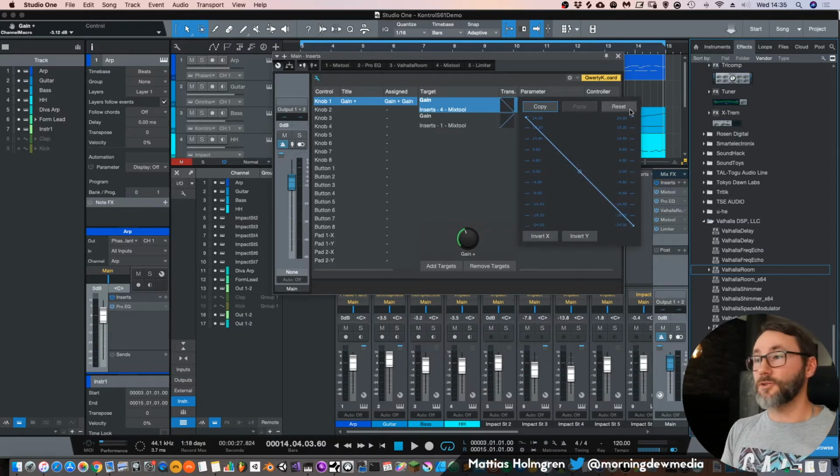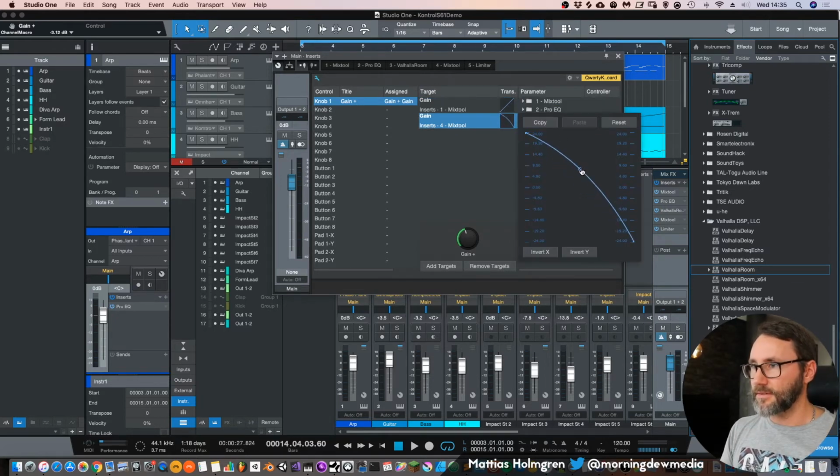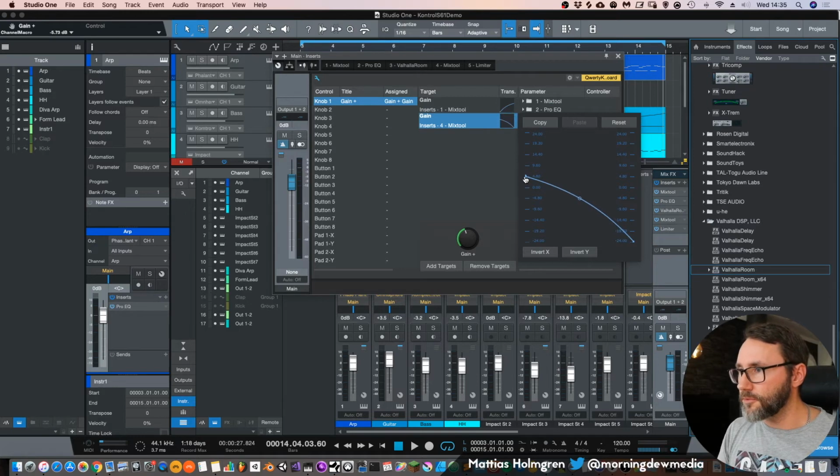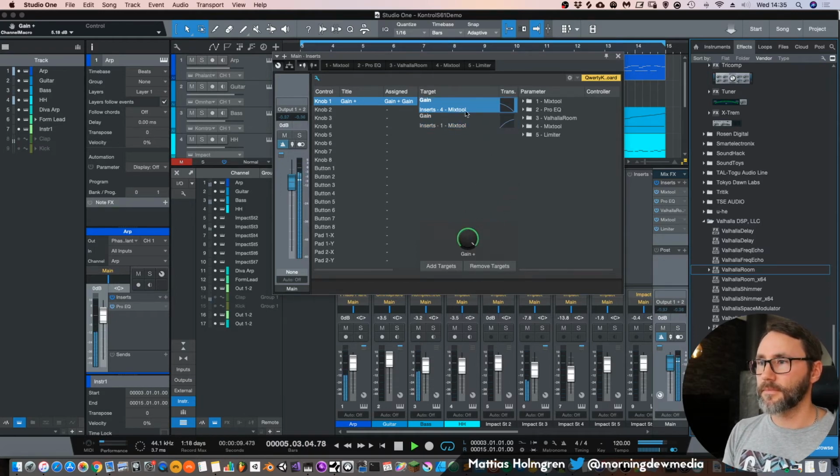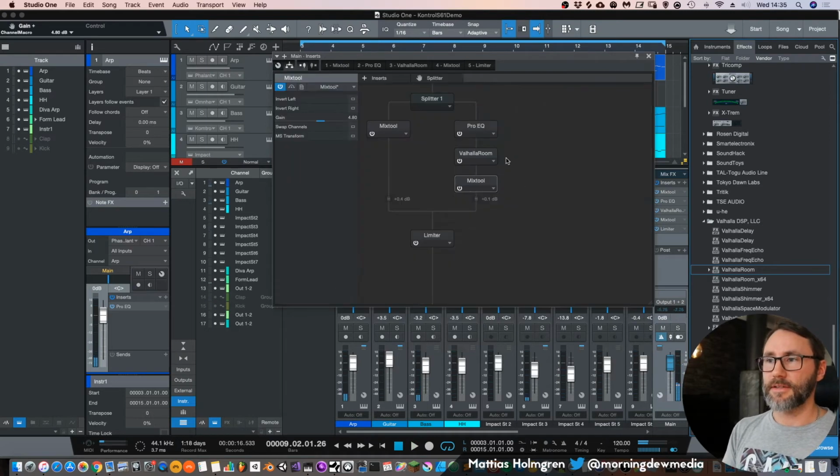will be increased. And we can also make a slight curve here, so we have a smoother transition between these two. And let's drag this down so we don't go with too hot a signal. Let's drag it to 4.8 decibels. Now if we listen back, you can see that we can effectively crossfade between these two lanes.